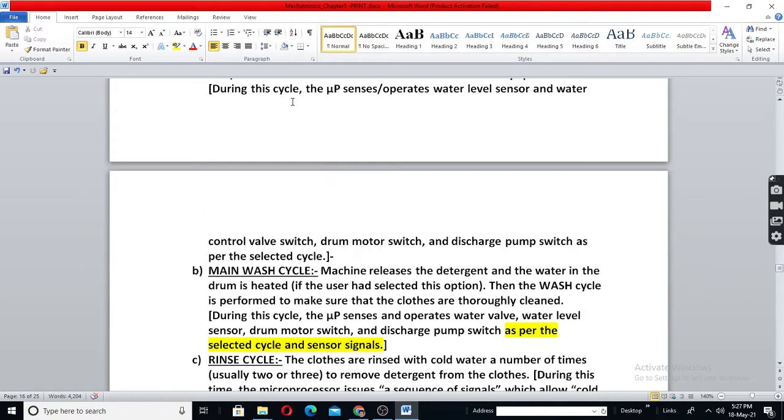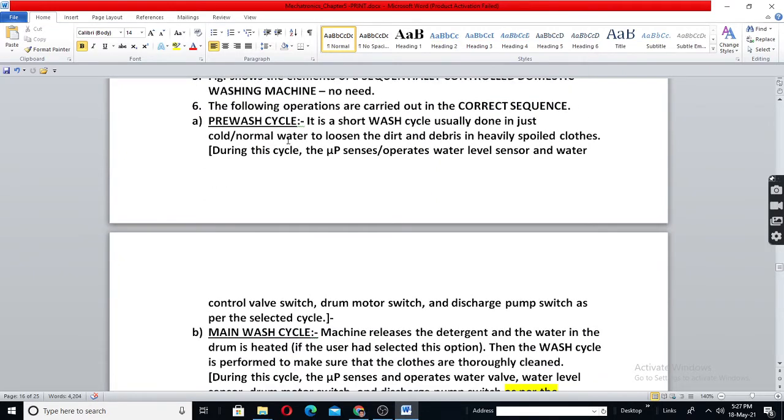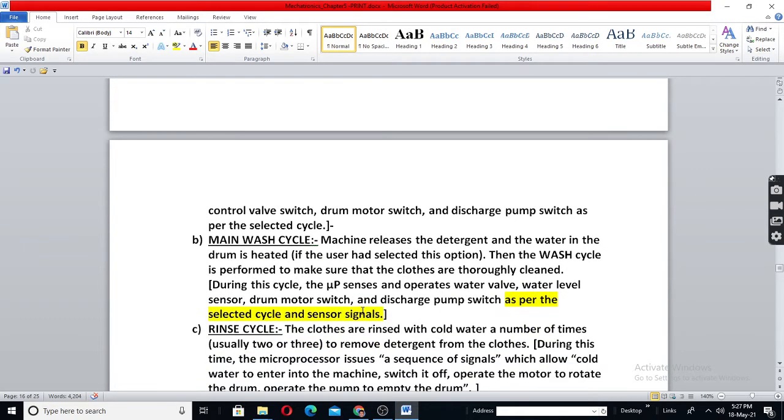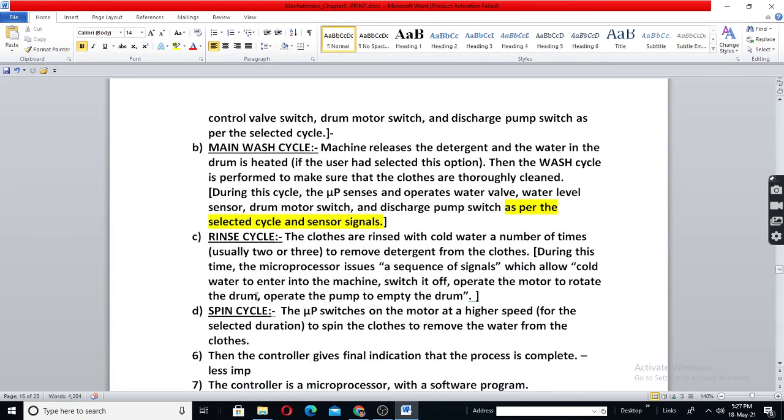After the pre-wash cycle, the water will be drained, meaning water will be removed. Then for the main wash cycle, again fresh water will be taken inside. Then after that, again that water will be drained, meaning sent out. Then the rinse cycle. In rinse, you are again putting fresh water, and rinsing means you are removing the detergent from the